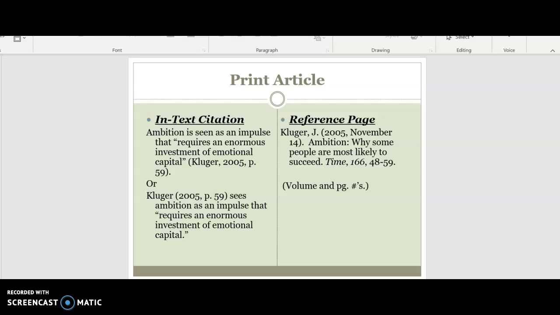For a print article, for an in-text citation, you would do the author's last name, comma, the date, comma, the page. Or you could mention the author and do just in parentheses the date, comma, the page number. For the reference page, you would do last name, comma, first name, the initial, period, and then in parentheses the date, and then the title, and then the publication and the page numbers, the volume, and the page numbers if